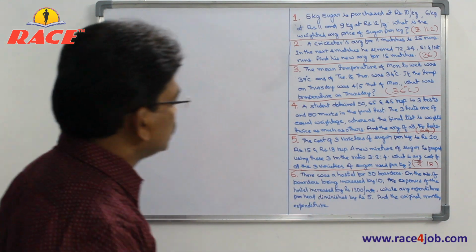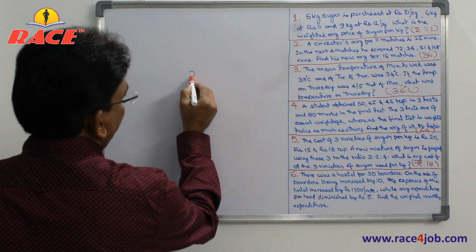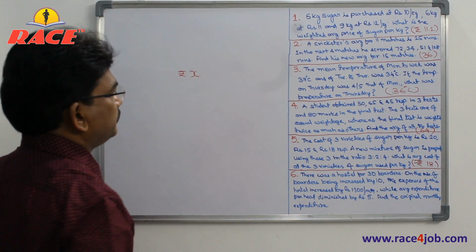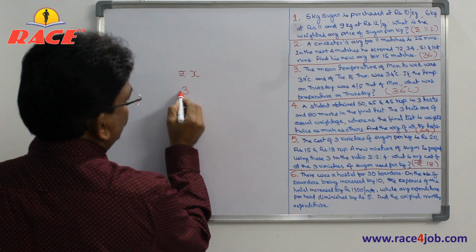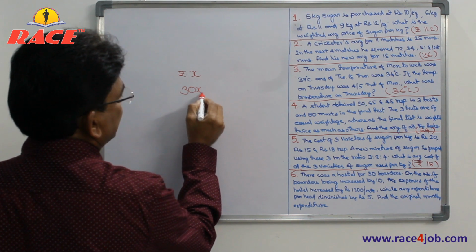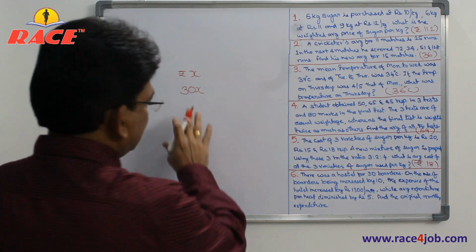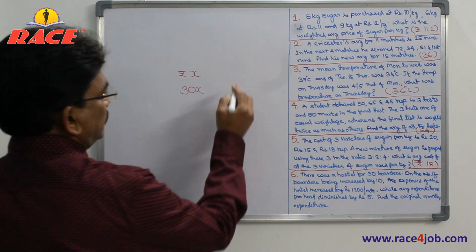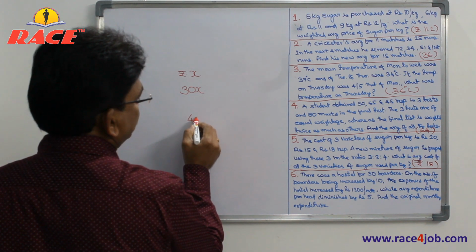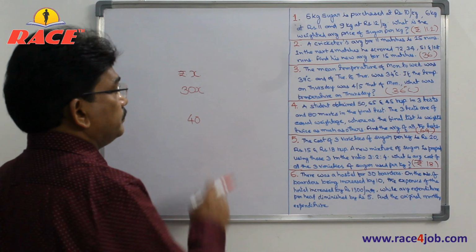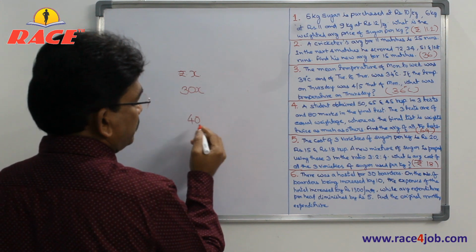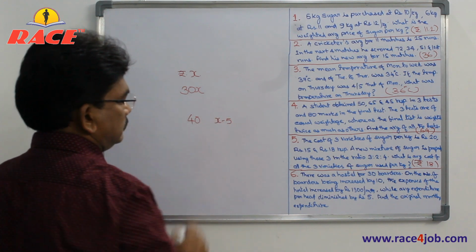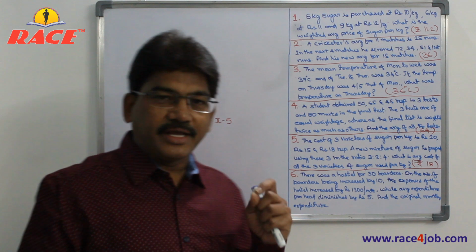In the conventional approach, how do we solve this one? Let us take the original average as X rupees. So 30 boarders are there, their total expenditure is 30x. Now 10 more people join, that means boarders have become 40. But the average reduced by 5 rupees, so that becomes X minus 5. Their average expenditure becomes X minus 5 rupees.